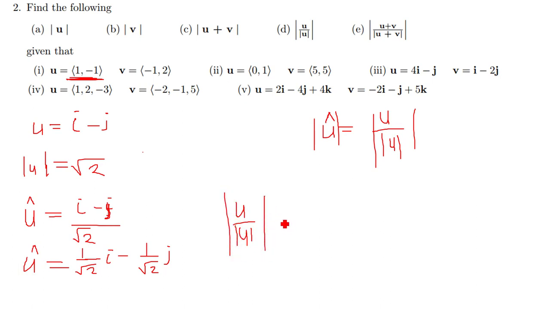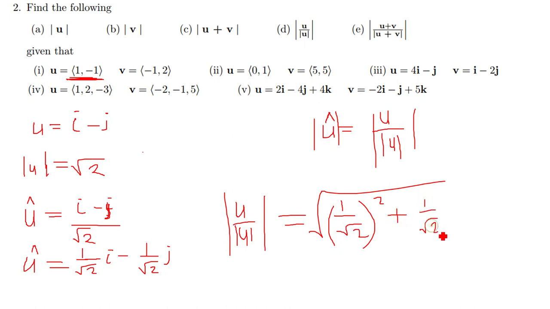The magnitude of this is simply the square root of 1 over the root of 2, you square this, and then plus 1 over the root of 2,